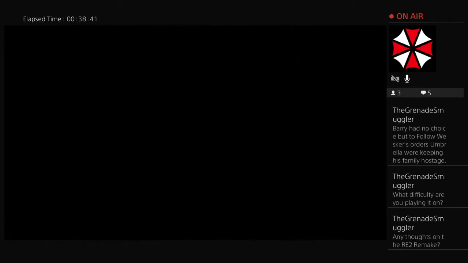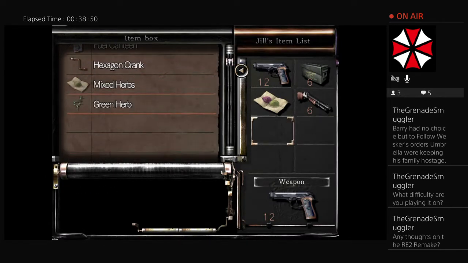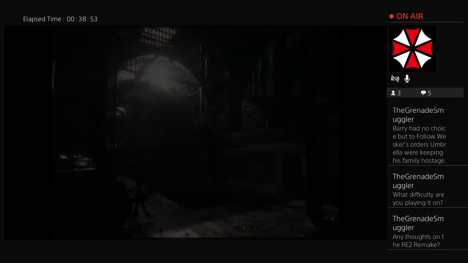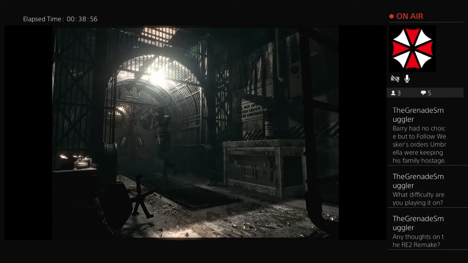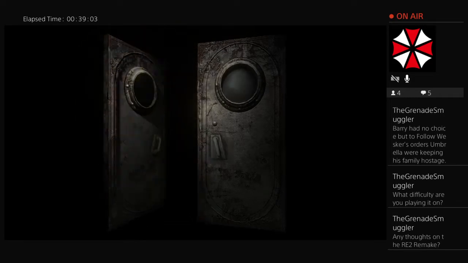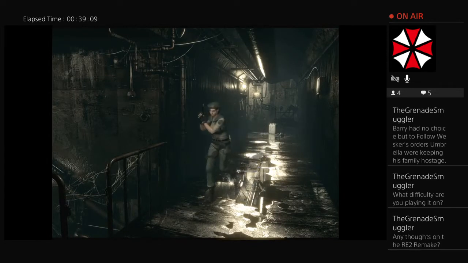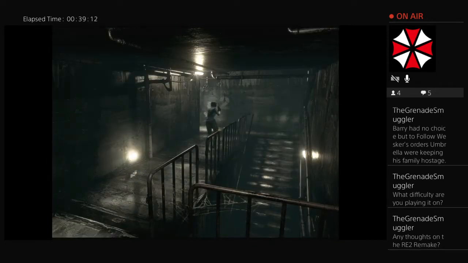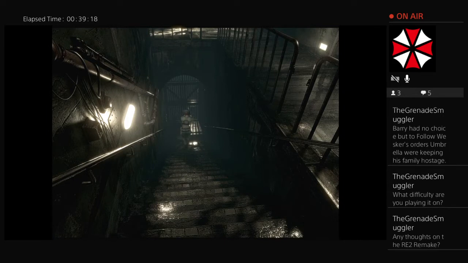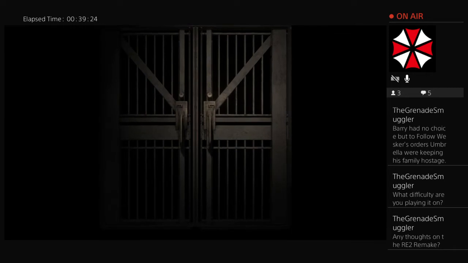It's one of the problems I have with the Resident Evil games. Like, I hoard items, and even though I probably don't need all this stuff, I just want to play it safe because from this point on I don't remember a lot of the stuff in here. I know there's a Wesker fight, or not a Wesker fight, but you know the lab where you find Wesker, and I think that's here in the lab. Coming up soon, so